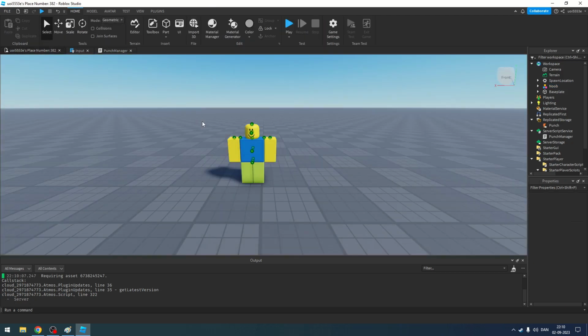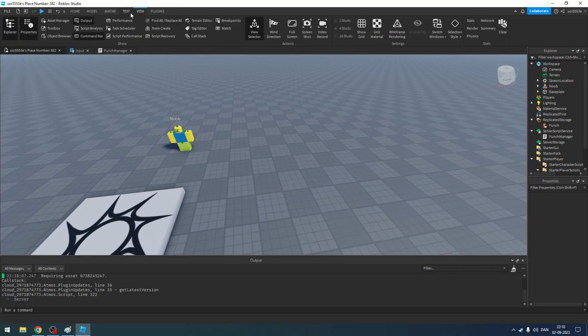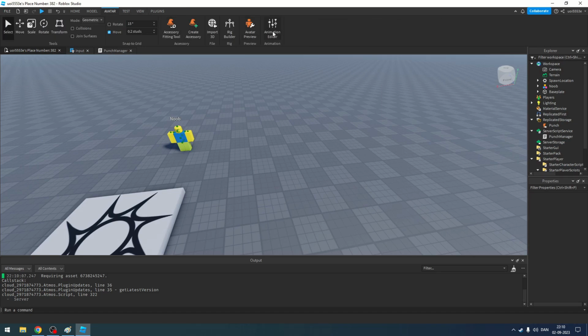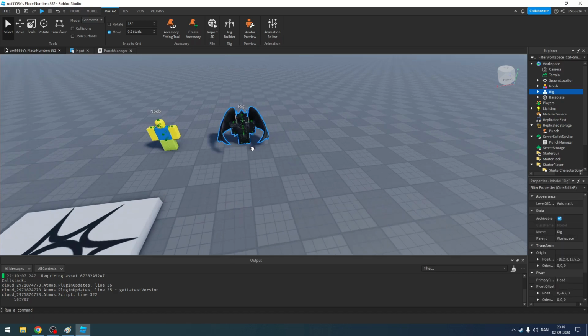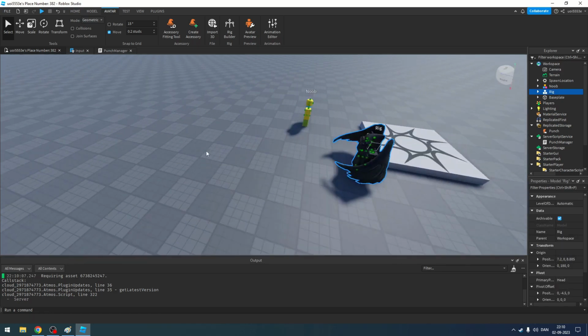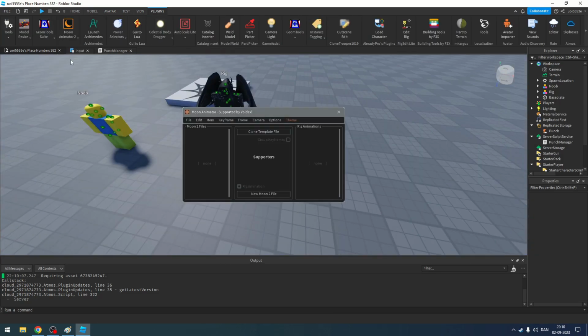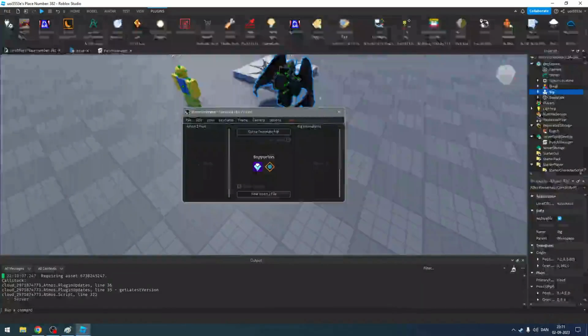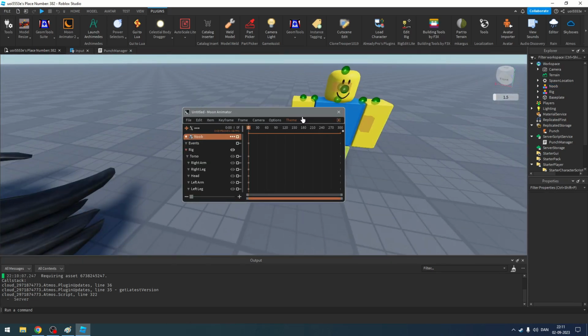So now we can go to the Avatar tab, Build, and then you can just take your own avatar if you want to. I'm just taking my own, and I'm just gonna use Moon Animator. Click on that one, or you can also just take this one and break it. So